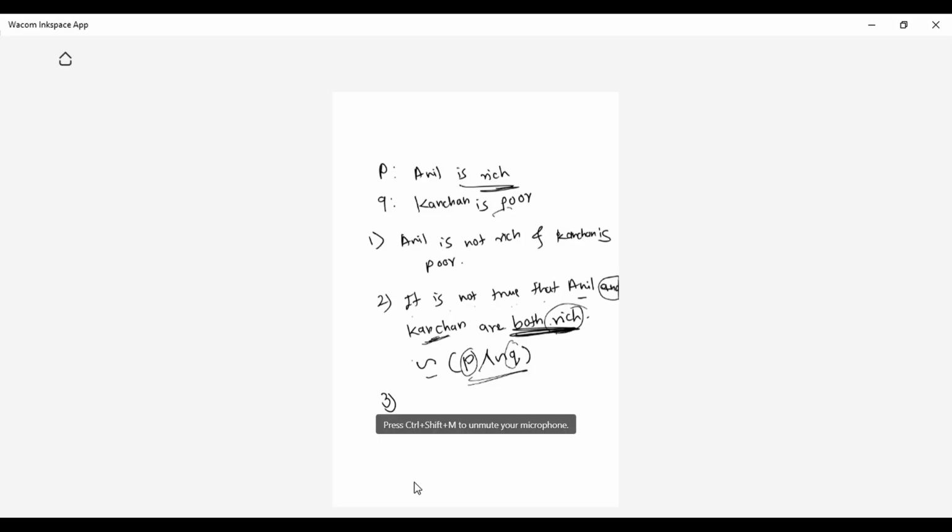Either Anil is poor or Kanchan is poor. How will you put it in symbolic form? Very easy. Either Anil is poor or Kanchan is poor.